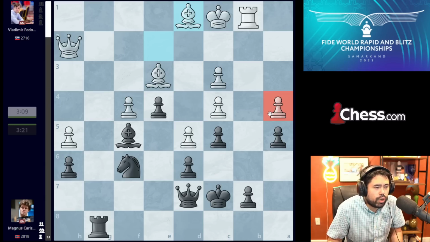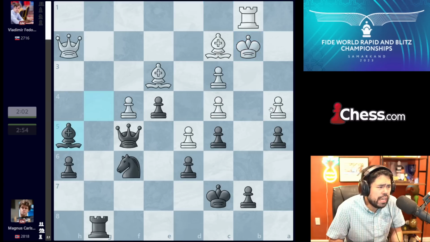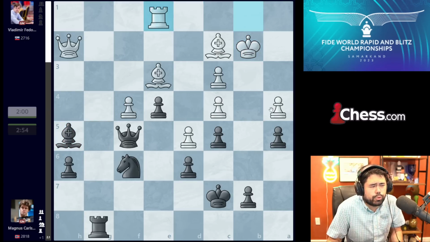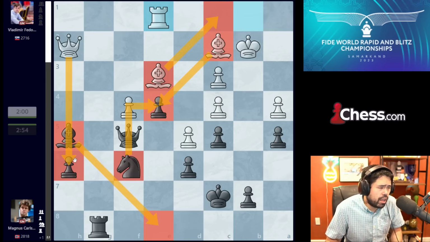We have bishop to d1 guarding the pawn on a4, bishop g4, bishop c2, and now Magnus plays the move queen to f5. Fedoseev goes king b2, we get bishop takes h5, and now this move rook to e1 is played. And at least in this position, now Fedoseev has some chances because the pawn on e4 can be targeted once white moves the bishop away. You can't easily move the bishop without losing the pawn on h6,